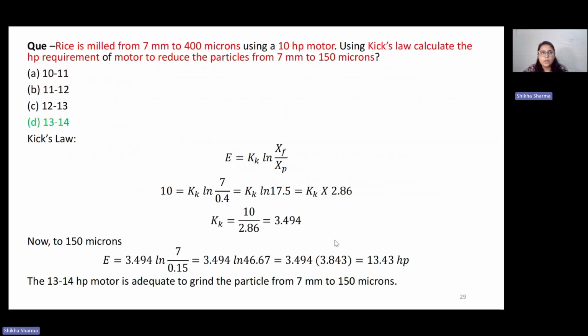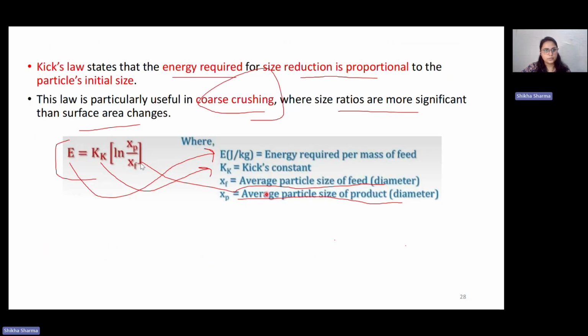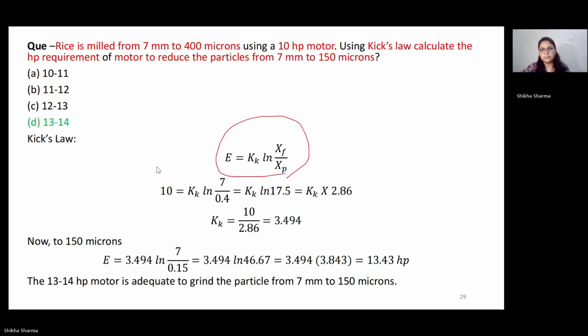Okay, so let's solve this question. According to Kick's law, E equals Kk ln xf by xp, or xp by xf, sorry, product divided by the feed, right? E is given as a 10 horsepower motor. So the energy is 10 equals Kk ln